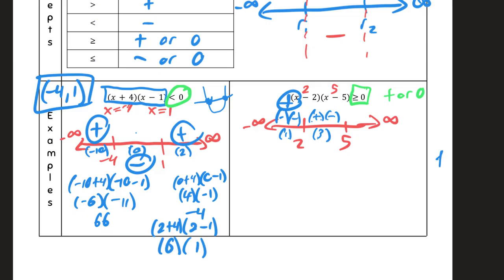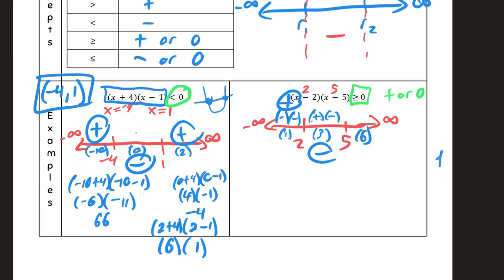Okay, so that interval is negative. Oh, the pen. And then if I pick any number greater than 5, whether you wanted to do 6, or 10, or 1 million, it doesn't really matter, right? Just pick something. I can't plug in 5, because that's going to be the 0, so it has to be something between 5 and